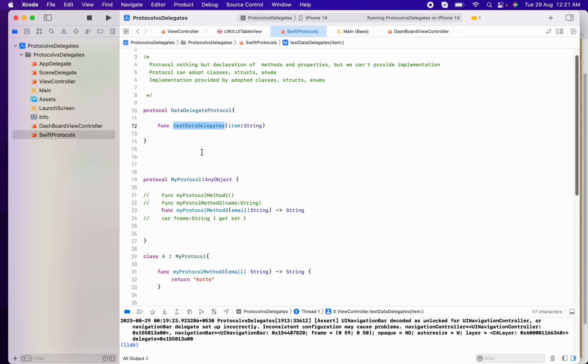So that's it in this video. In the next video I will explain optional and required methods in the protocol, so I will explain that in the next video. So till here, if you have any